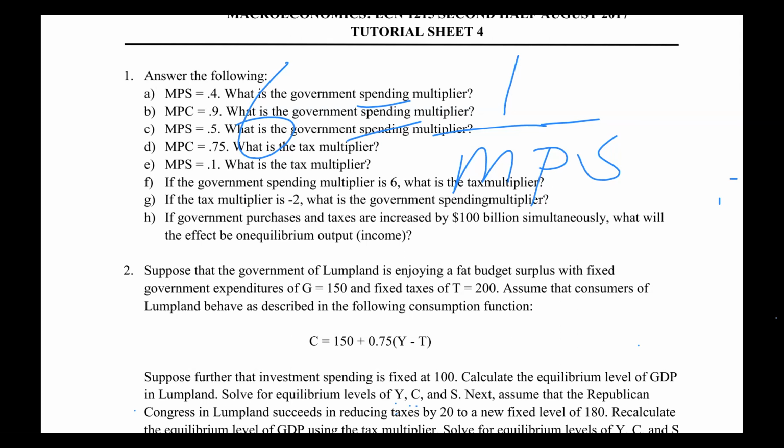We can make MPS the subject of the formula, right? You can't find the tax multiplier without MPC and MPS, right? No, we can't. You don't have MPS, but you can solve for MPS from this equation. The government spending multiplier is 6. That should be equal to 1 over MPS. So you have 6 MPS equal to 1. Divide by 6 both sides, and the MPS is equal to